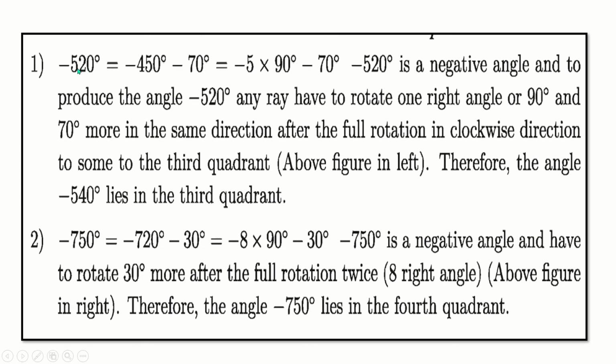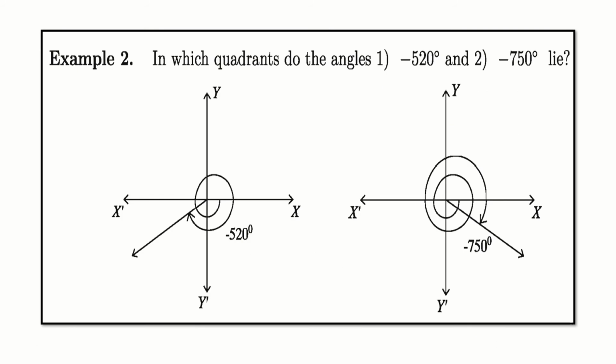Now follow 520 degree, as it is minus, so we will use minus here, no problem. 450 degree minus 70 degree, but 450 degree means 5 into 90 degree. 5 into 90 degree means the number of right angles will be 5, minus 70 degree. Okay, again follow the previous picture. Here 5 means we have to start from here. 1 2 3 4 5.